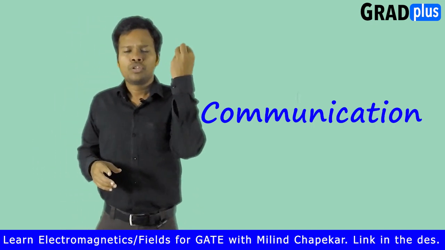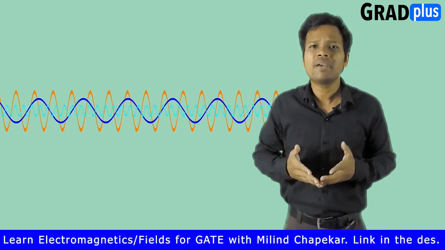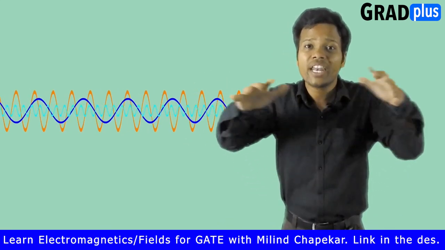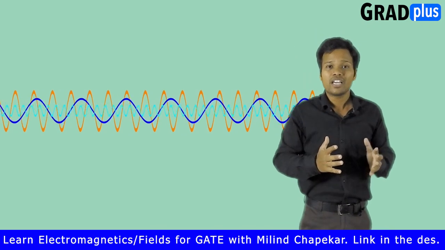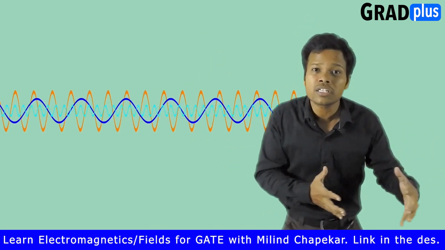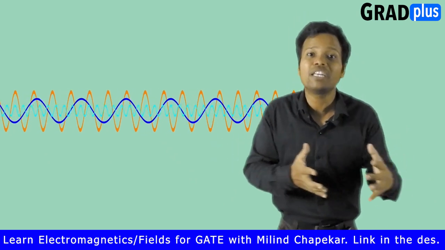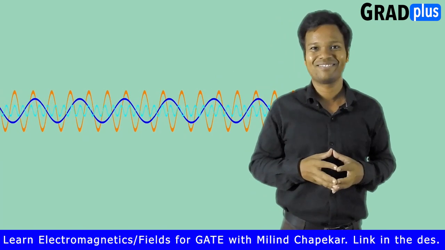And you must know the fact that a message signal consists of a band of frequencies. Your simple basics of communication. Any message signal is made up of a band of frequencies, various frequencies. And when such a message signal is propagated over the transmission line, that means all such frequencies are propagating over the transmission line.